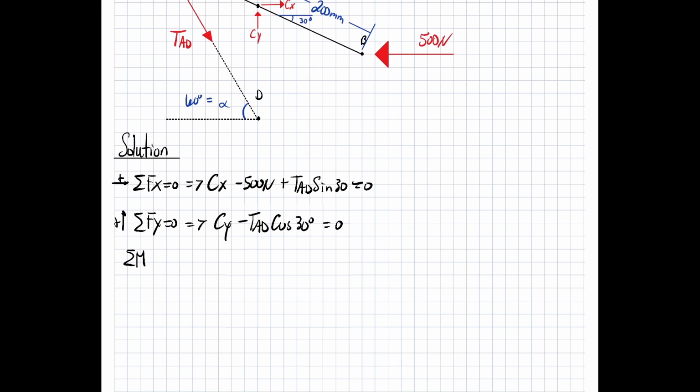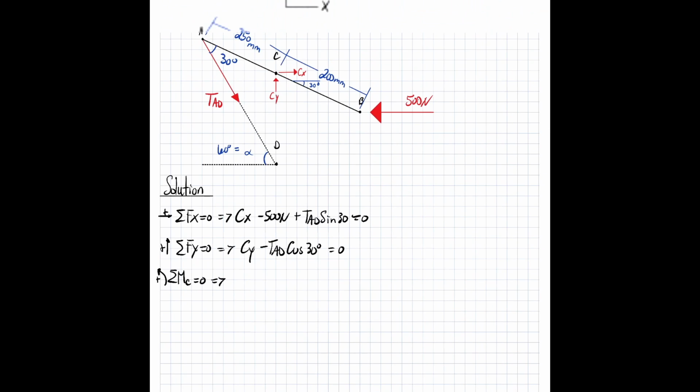So we're going to take a moment about point C, because that's going to take away the most unknowns. We're going to say it positive to the left. We have a negative 500 Newton force times the angle that it's been going at. So it's 30 degrees from the horizontal about point C. So it's going to be 500 newtons times the sine of 30 degrees times its perpendicular distance, which is going to be 200 millimeters,